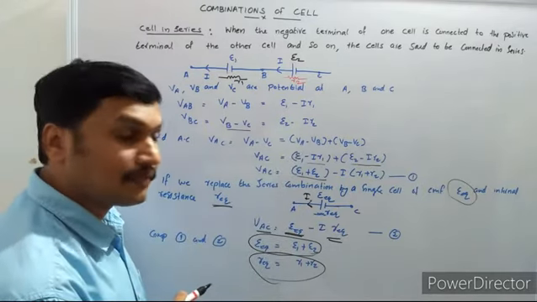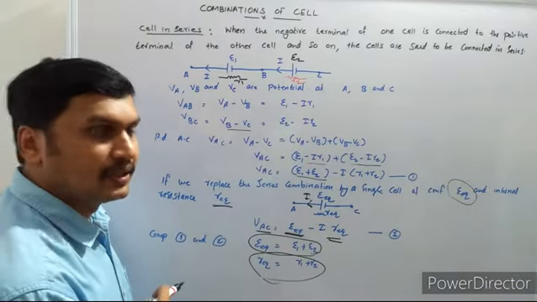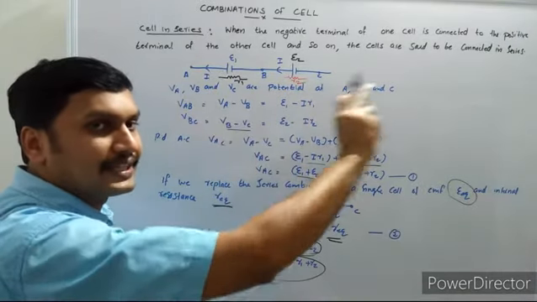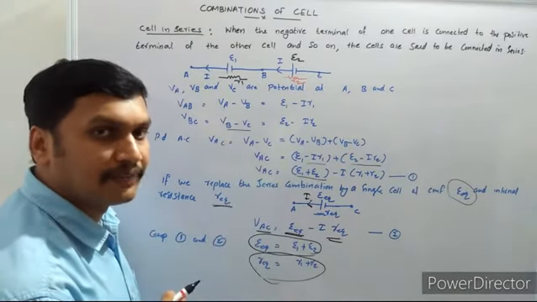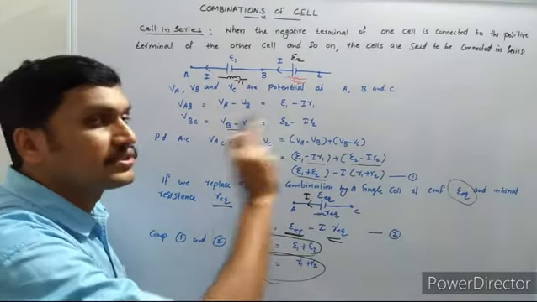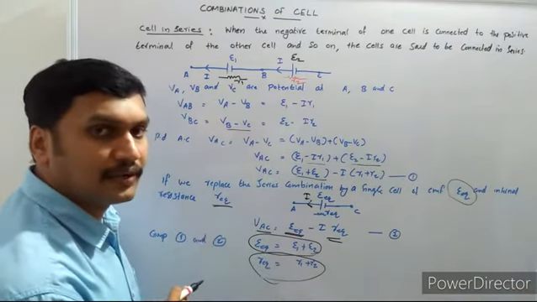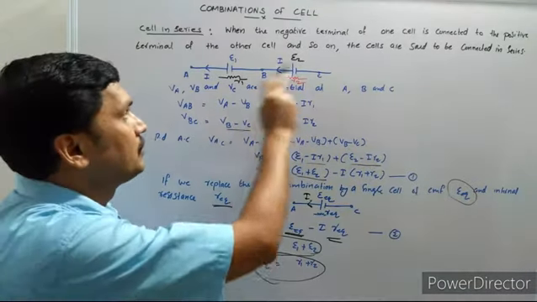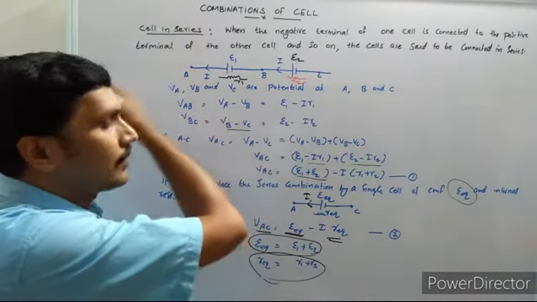up to En. At the same time, I have to note that the internal resistance also increases. Since we are connecting the 2 cells, the internal resistance is R1 plus R2. If n cells are connected, the R equivalent can be written as R1 plus R2 plus etc. up to Rn. So internal resistance considerably increases if we are connecting the cells in series combination. As the EMF of the combination also increases, we can write the EMF of the combination is the sum of the individual EMF. And one point to remember, the same current will be drawn from every cell.